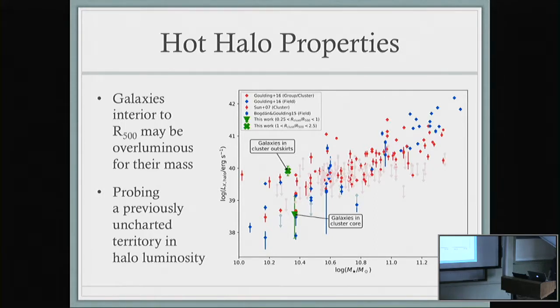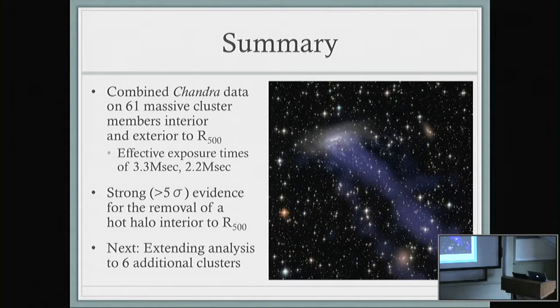What I didn't show, because I thought I'd talk slower, I guess, is that if we do the full PDF, we rule out that these are from the same distribution at the greater than 5 sigma level. So this is a very robust detection. We also see that the AGN are much, much brighter exterior to the virial radius, which confirms previous work by folks at Stanford. And I'll just put this here.